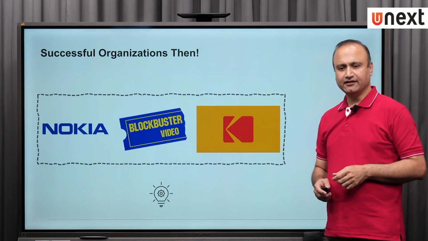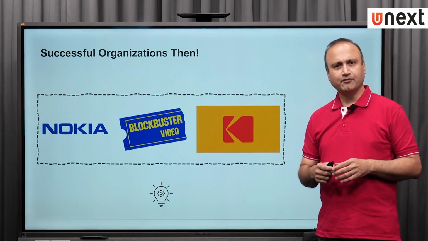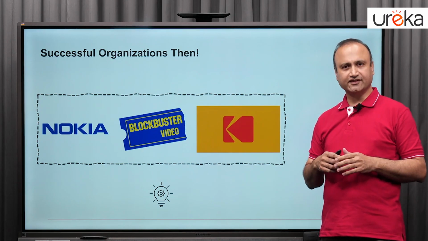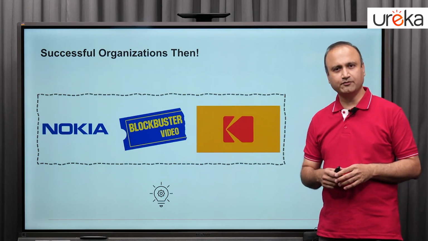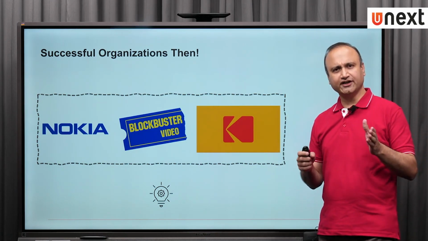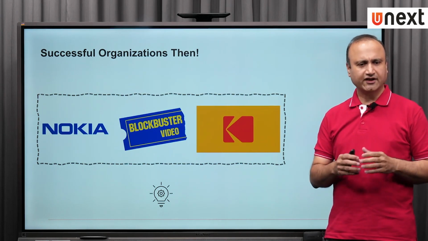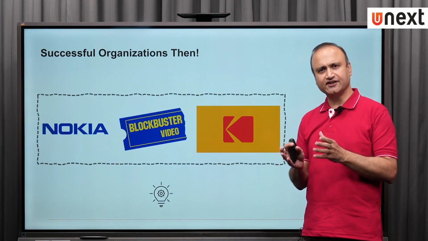Now, we all understand organizations succeed because they are pioneering at something. We all understand that organizations which have succeeded, as you can see, some of the organizations which have been pioneers in the industry, let's say 25-30 years back, they all did so because they had a successful product. They were able to conceptualize, they were able to design, and they were able to get a successful product to the market.